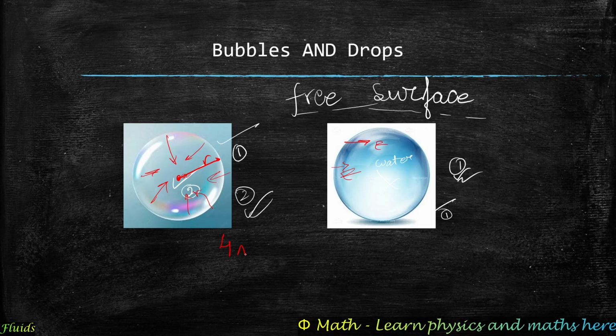The new area is 4 pi (r plus delta r) squared, where delta r is the change in radius, minus 4 pi r squared. So we can see it would be 4 pi r squared minus 4 pi r squared. So the 4 pi r squared terms cancel, and we will be left with 4 pi delta r